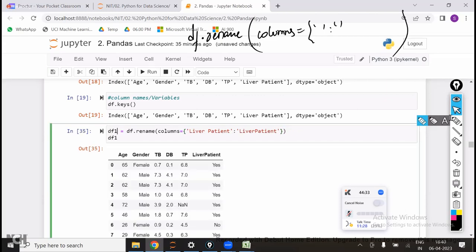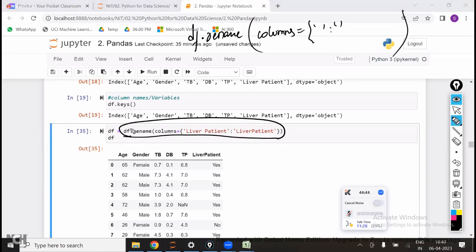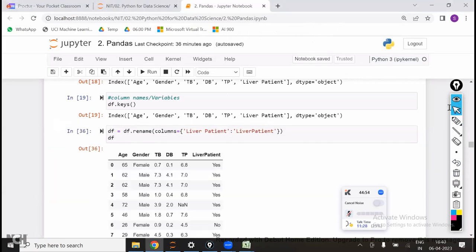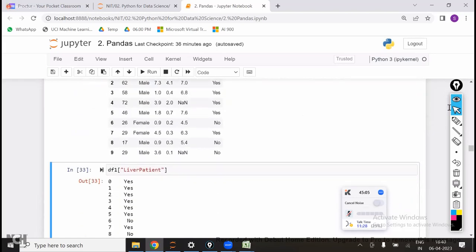And if you want to replace in the original data frame, write df is equal to it. Now what happens? First, the right side part is executed. Once everything is executed, the result is saved in df. So after replacing, I'm storing it in the original df only, instead of storing in df1. Means I'm replacing in the original data only. Is that clear? Now, next,